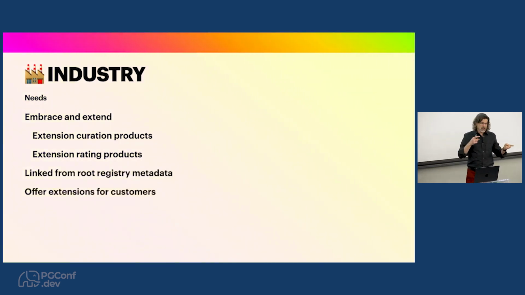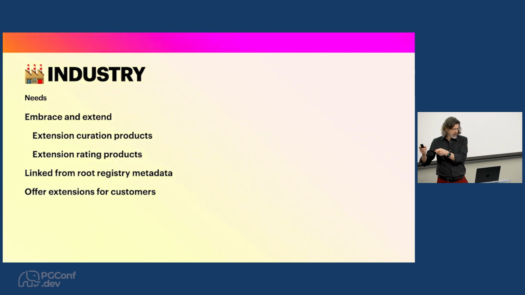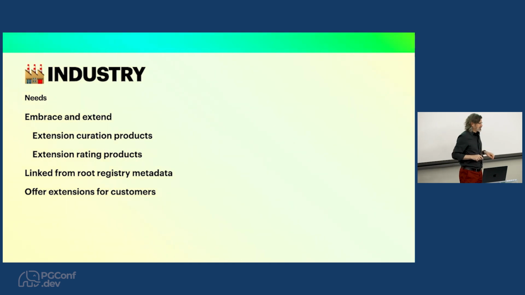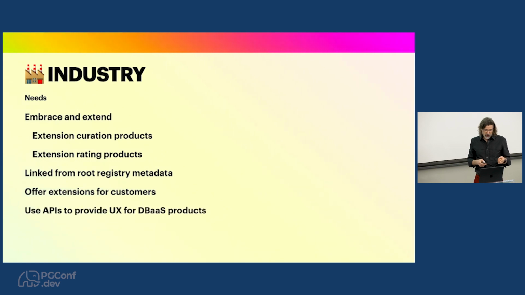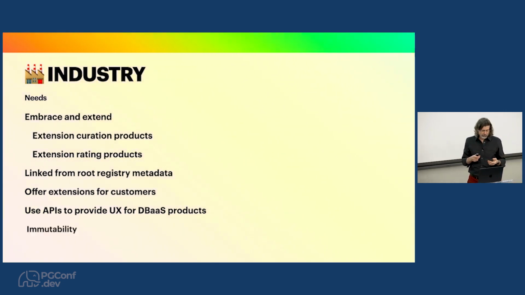And then when they do have these services they provide, that they actually are linked back when there's a trusted relationship to the root registry for the system. So in that one place where you know to go to find stuff, you know, oh okay, this has been security scanned by this other thing, and if I pay for that service, I know I can use their thing. Or whatever other features they can dream up to improve on the extension experience for their customers. Of course, they need to be able to offer extensions for their customers and use the APIs that we have in the service for their database as a service products, for example.